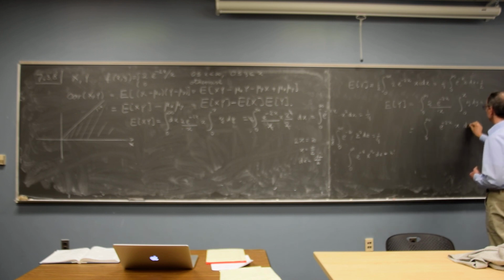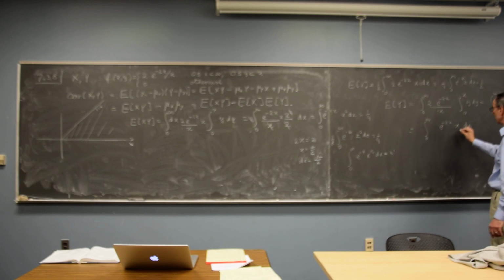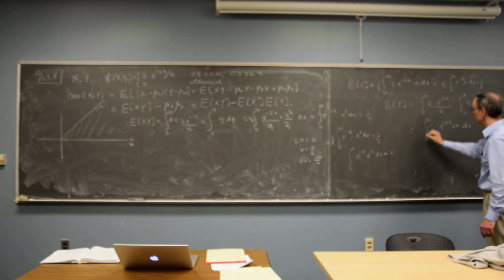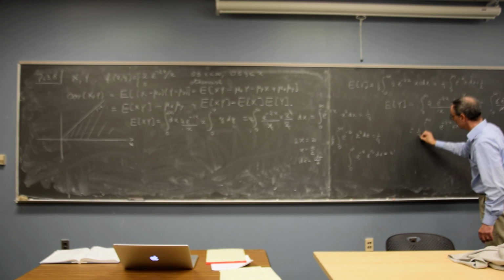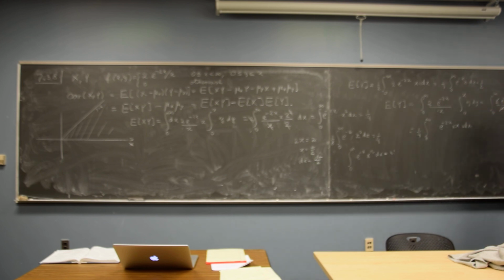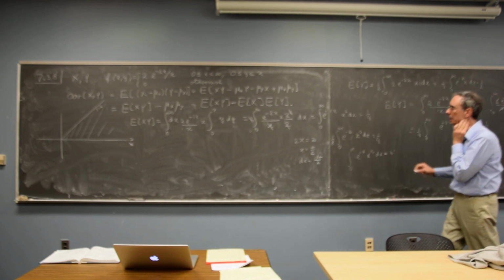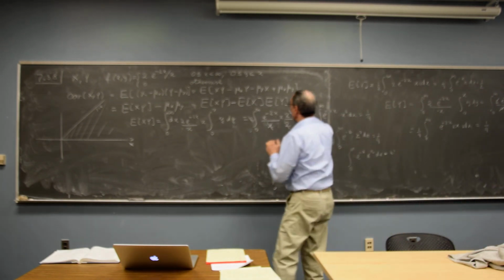If I use the same change of variables, I put a 2 here, a 2 here, and divide by 2. So this guy here is a quarter. Right? So the result is that this quantity here is equal to E